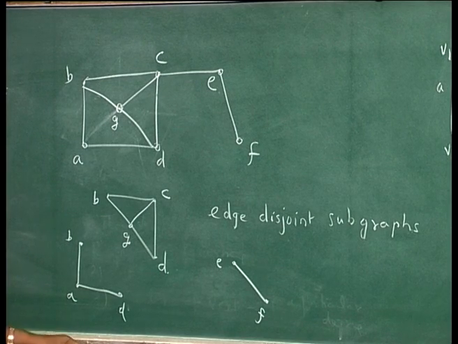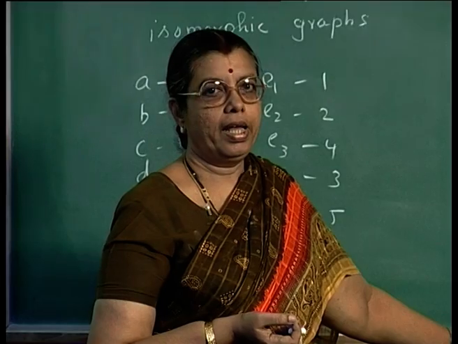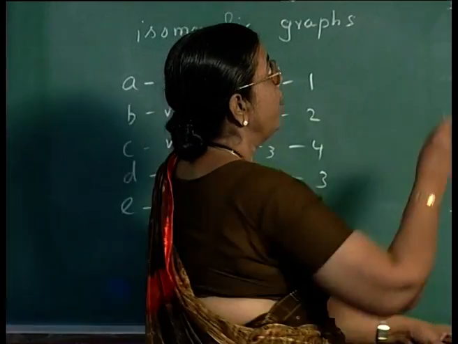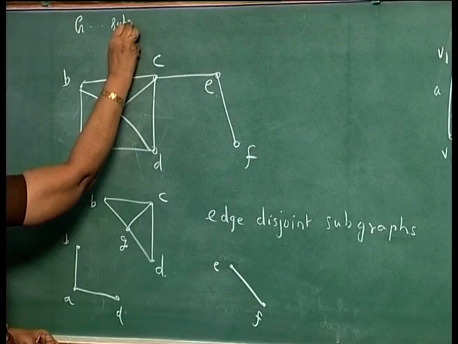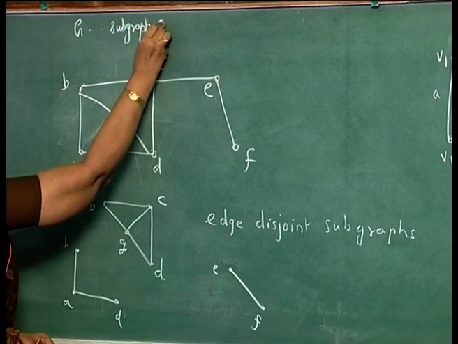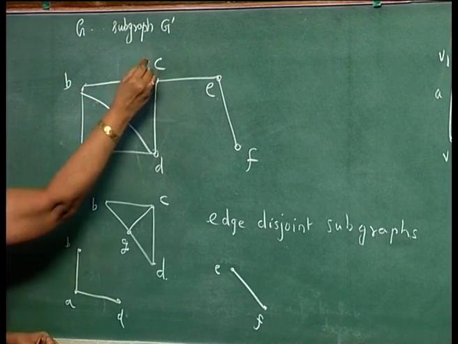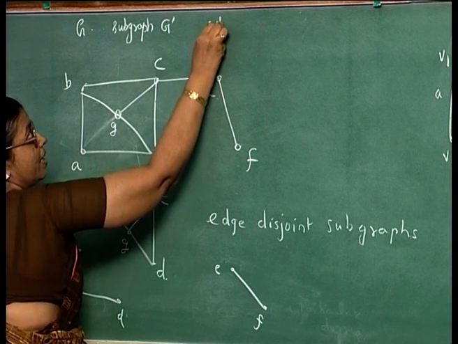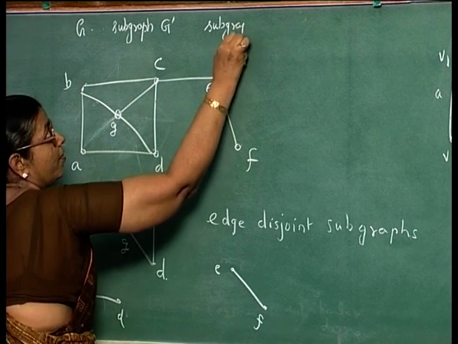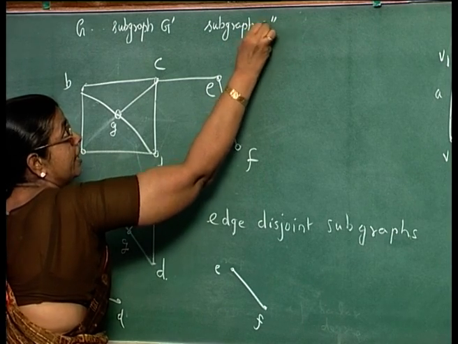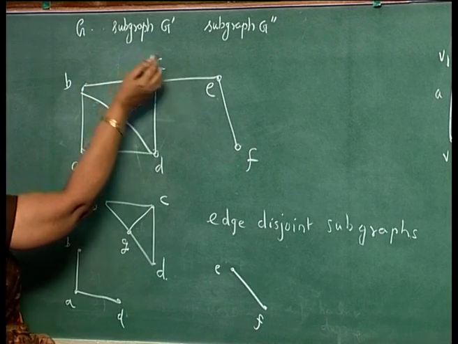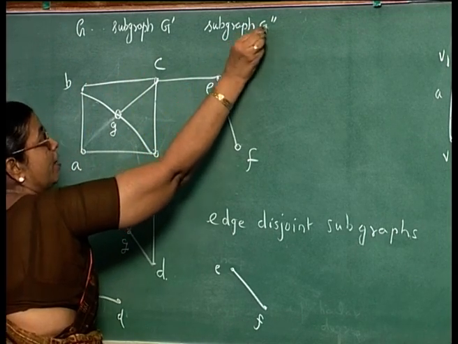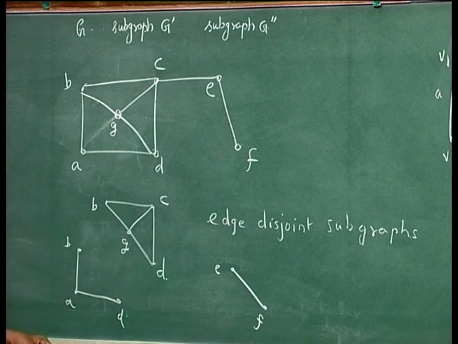So, these are some of the common terminologies used in graph theory. And if you have a graph G, a subgraph of G, say G dash, and another subgraph of G dash, G2 dash, this is a subgraph of G dash and this is a subgraph of G. In that case, G2 dash will also be a subgraph of G, obviously. These are some of the obvious